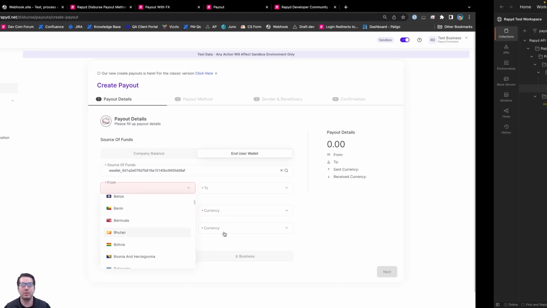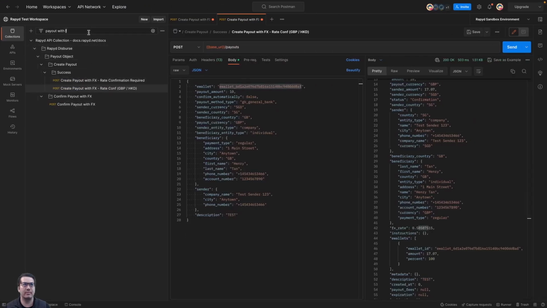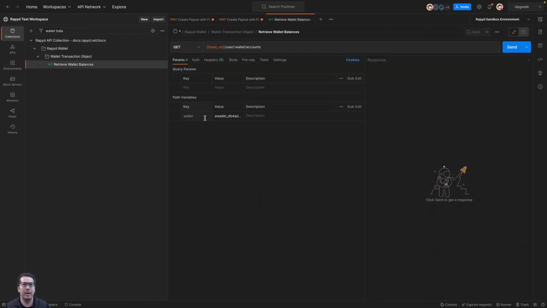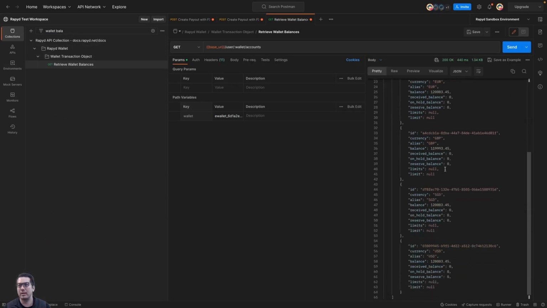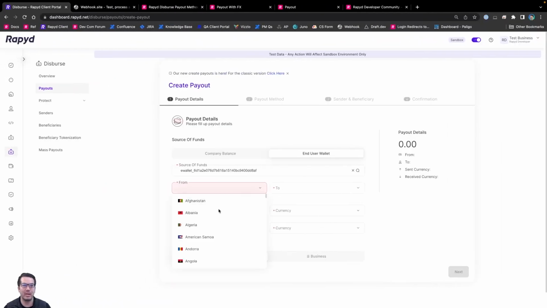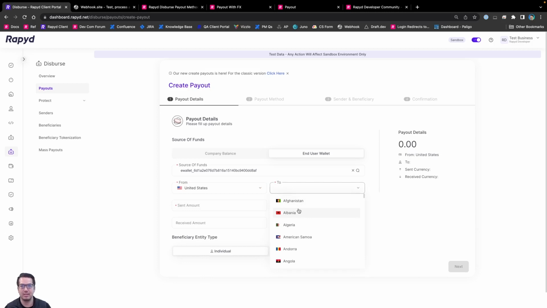And you can also check wallet balance. So you know what? Let's do that. Retrieve wallet balances. Okay, this is well funded. Yep. All right, we're ready to go. And so the first one, let's see, it's from USD to Mexican pesos. 1,000 MXN,